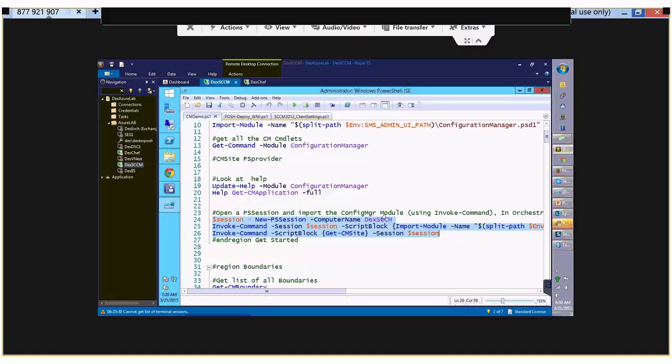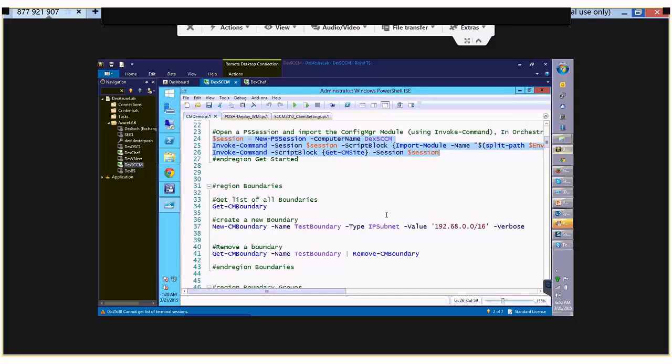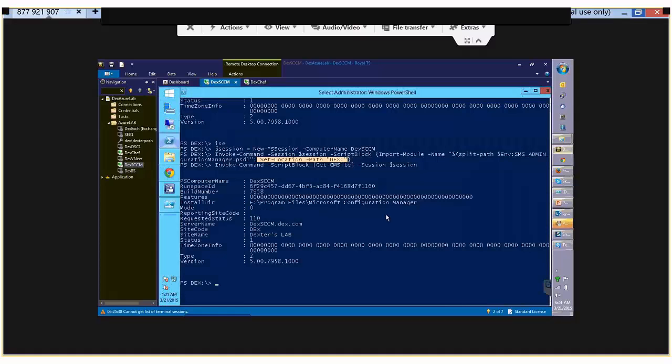Okay. Config manager admins are troubled a lot, haunted by boundaries. I'm not here to tell you which particular boundary type to use. I'm just here to demonstrate how easy it is to use PowerShell to manipulate boundaries for you. If you're looking to get all the boundaries on a particular site, you should just run Get-CMBoundary against whichever site you are connected to. So if I just do a Get-CMBoundary,